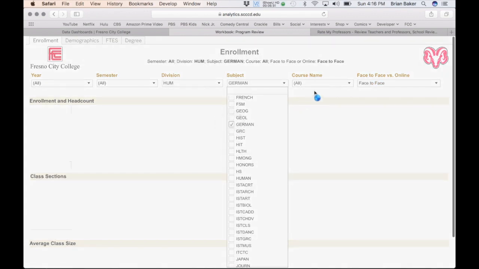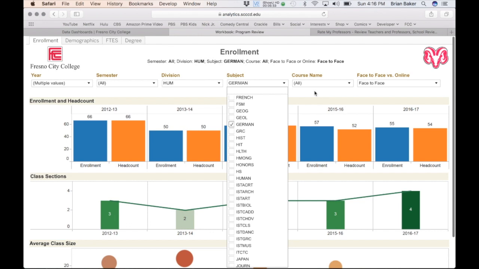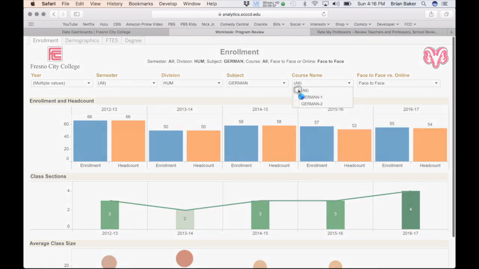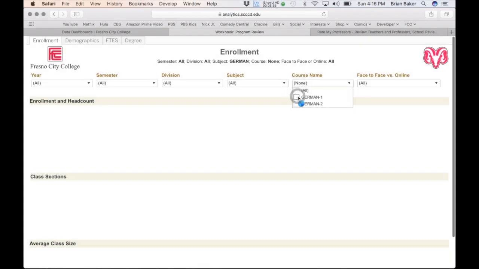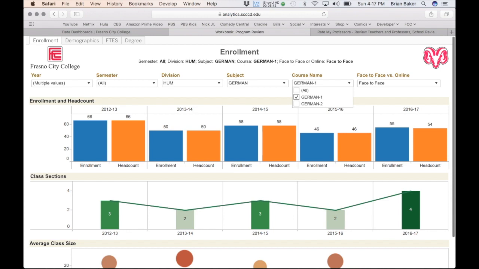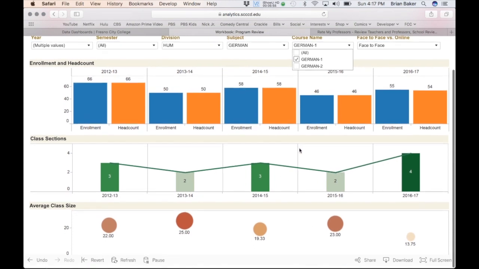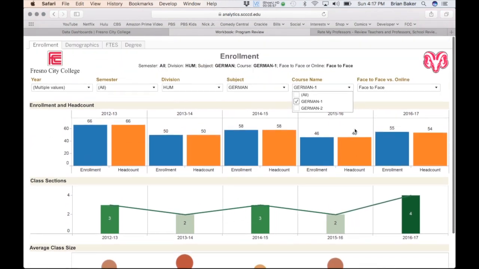Now, this is going to give you a comparison of all German courses. That's not what you want. You're only going to take the first one. So let's just look at German 1. So what we can see here is that German generally offers 2 to 3 sections per year. So there's probably only one section you'll have an option of. And you don't really care about class sizes or head counts or anything like that. If you scroll down,